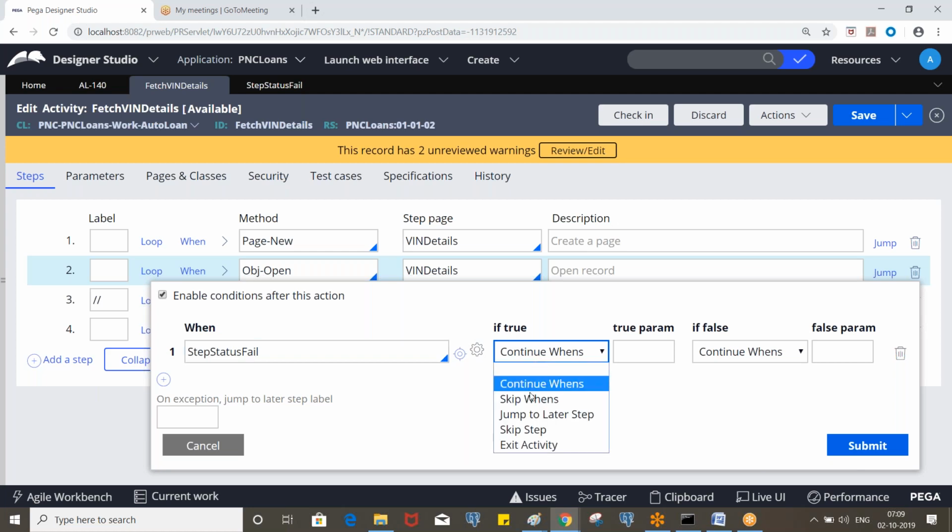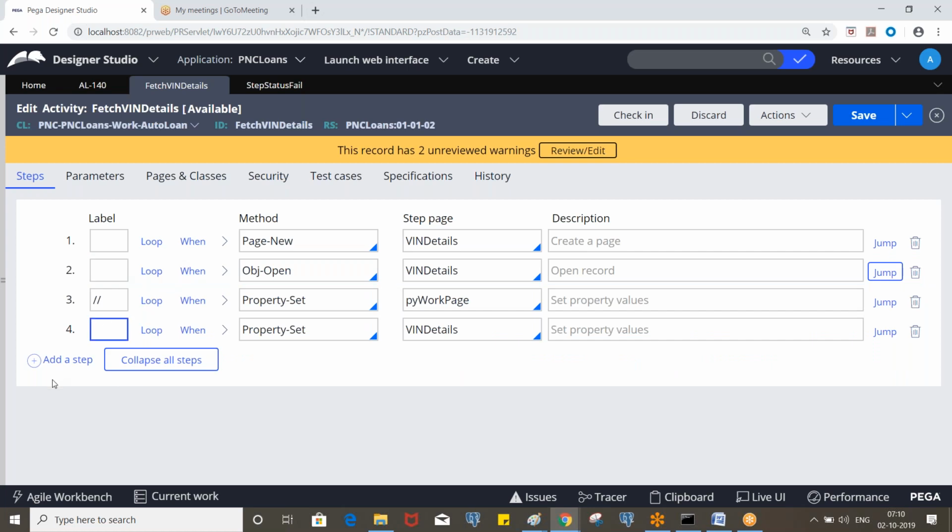For that we need to jump to the latest step, and to which step we need to jump, that label we need to specify. We need to create a new step with the same label, so that if it fails, it will go directly to the step where you defined ERR as a label. If it is false, that means the step is good, it will continue. Clear?